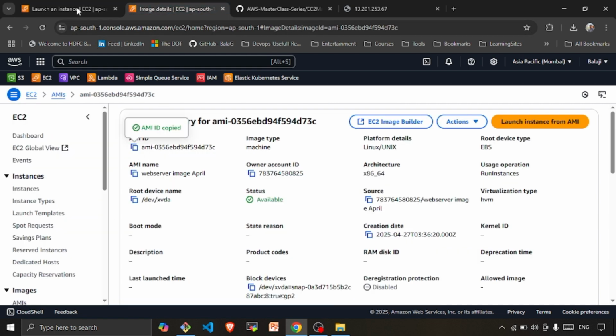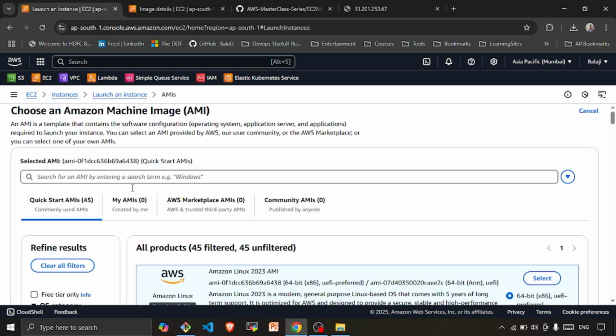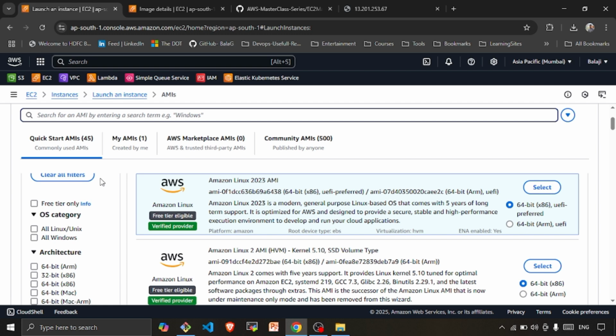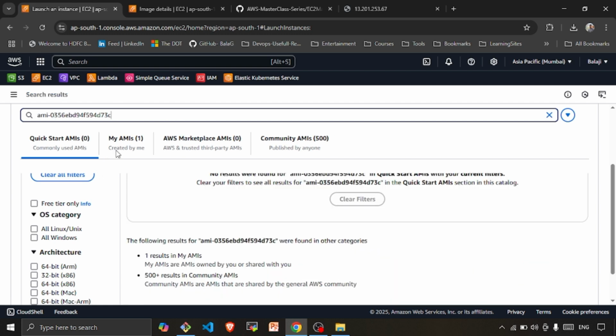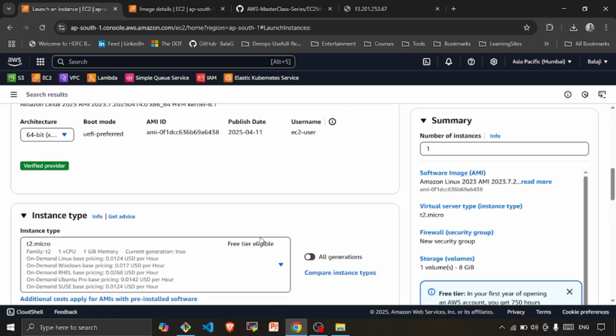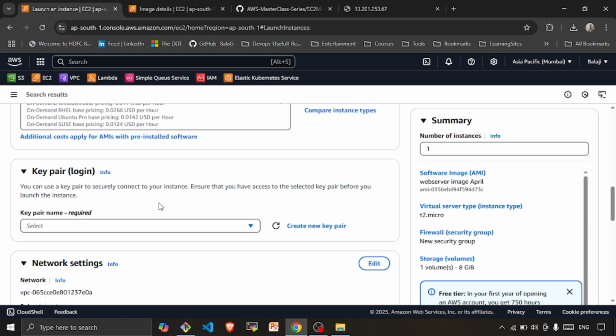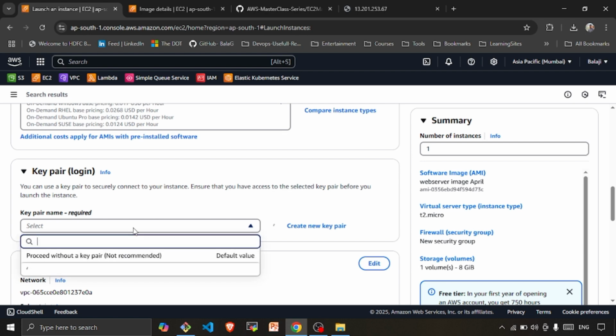I will grab the AMI ID and click browse more AMIs. Here I will click on search. If you see in my AMIs, I can see the AMI which we just created. I will select it. Once the AMI has been selected, the architecture, the boot mode, everything has been copied from our AMI to this instance, and we have the option to change the instance type. I will go for t2.micro since it's a simple web page, and we have the option to change the key pair also. I will go with the same key pair,